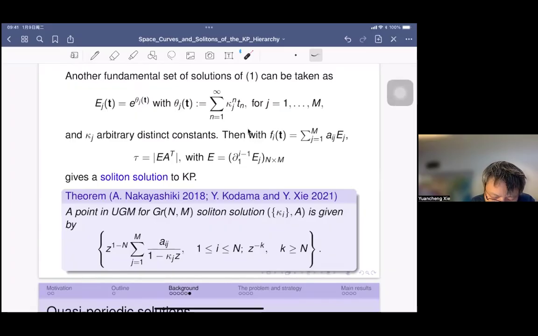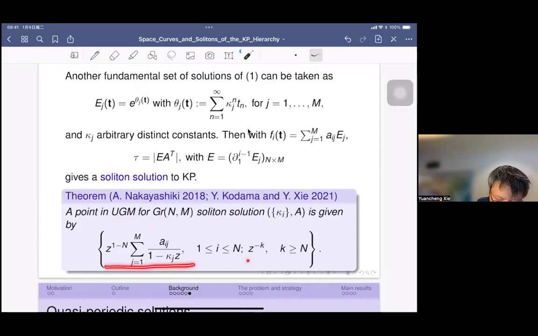We need to find out what kind of solution this defines, which kind of subspace V, or which point in the universal Grassmannian. It turns out that if we take a basis for this one,